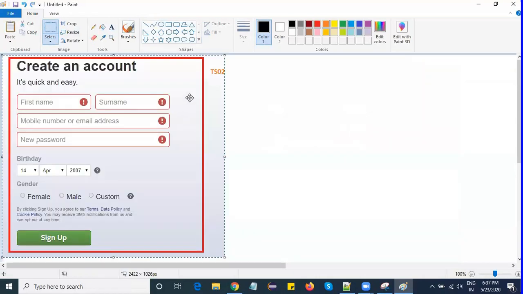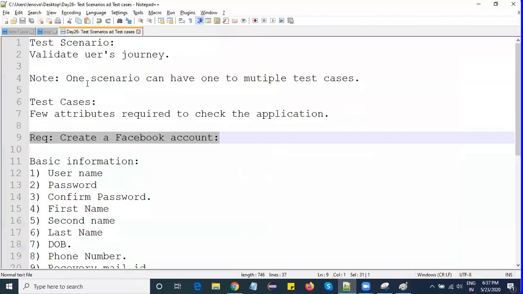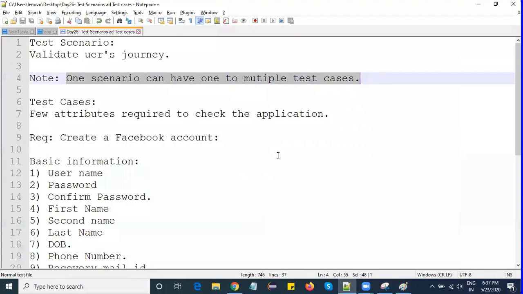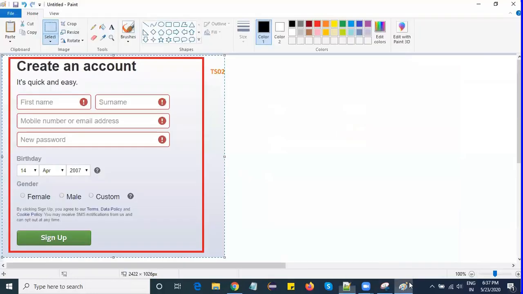So this is my scenario, right? For this scenario, whatever I have written here, one scenario can have one to multiple test cases. First scenario contains random test cases, right? So for my knowledge, I will write test cases like this, scenario will contain test cases.